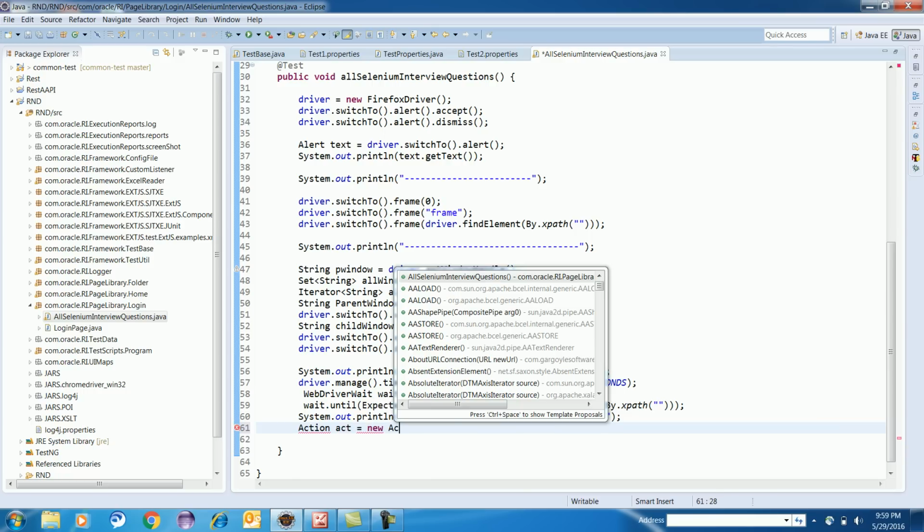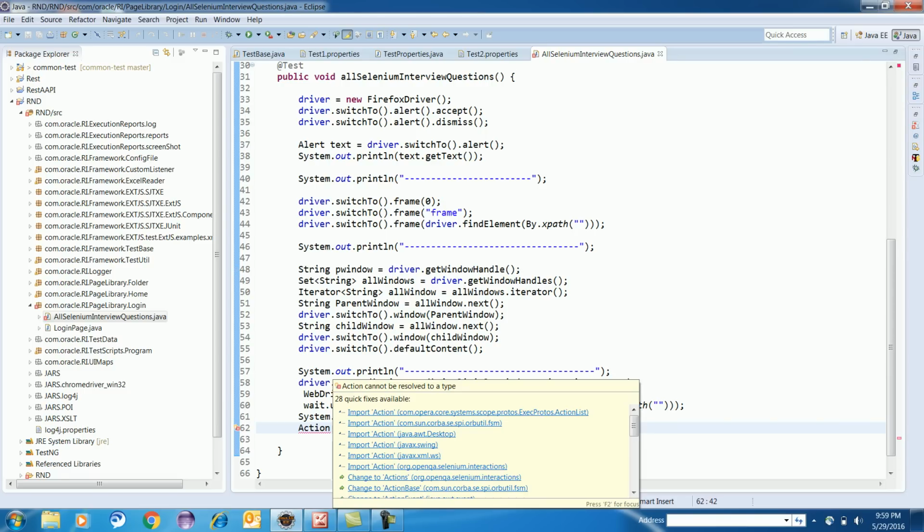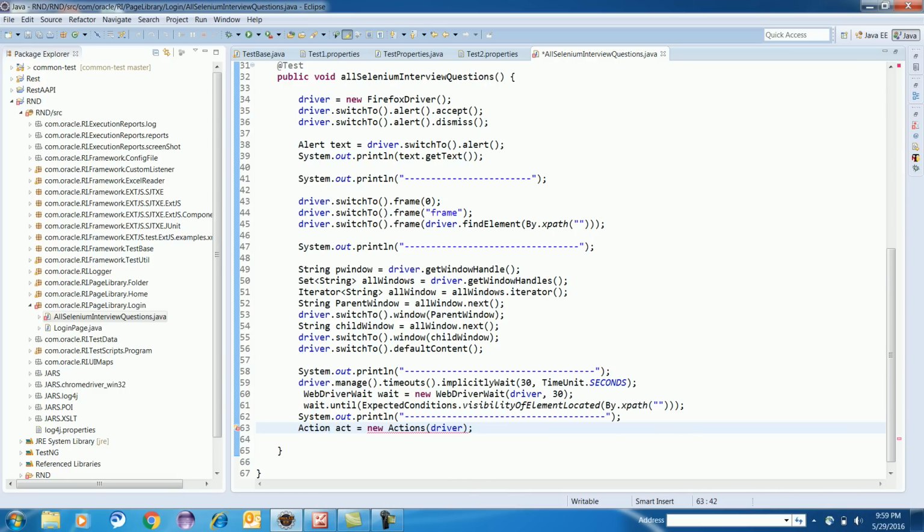You have to make the object of the Actions class, Actions act equals new Actions, and you have to supply the driver instance to the class. It is Actions, basically.